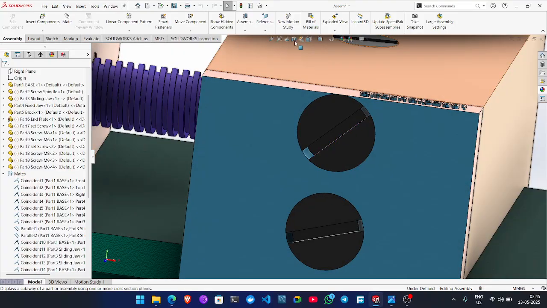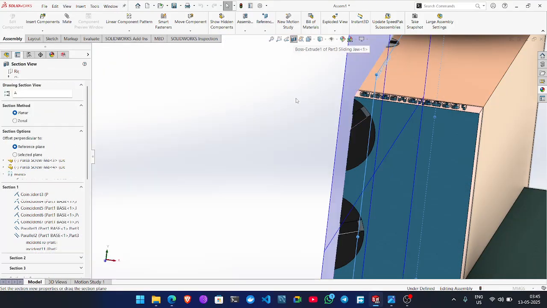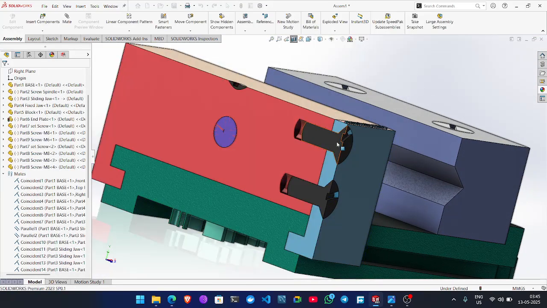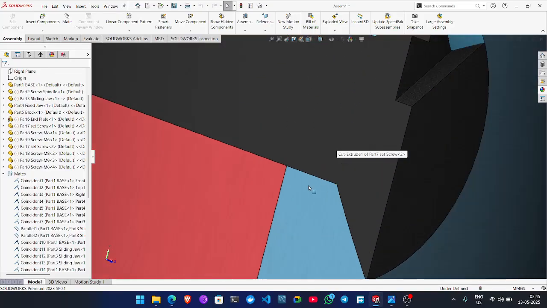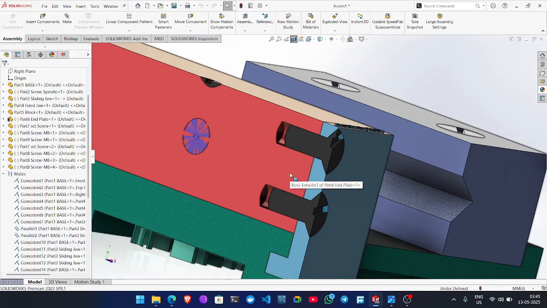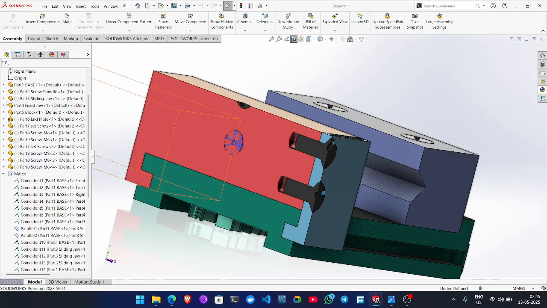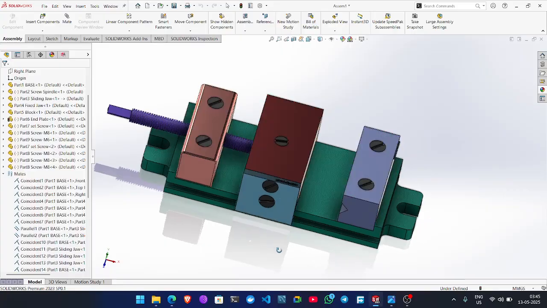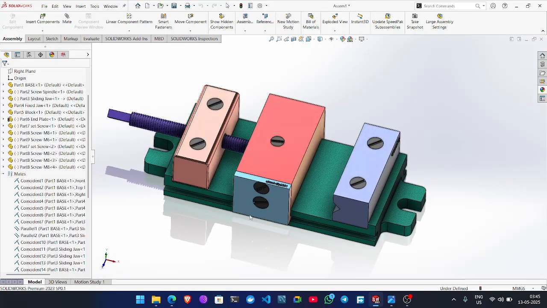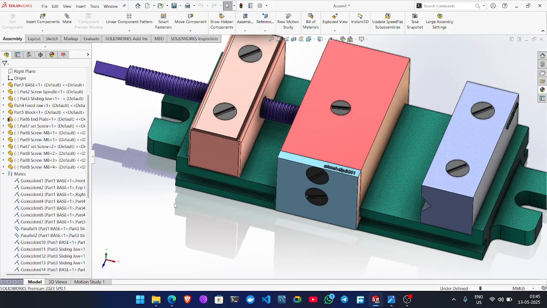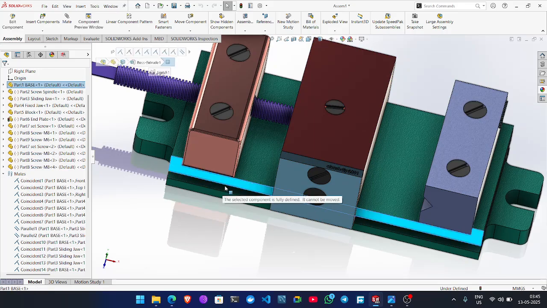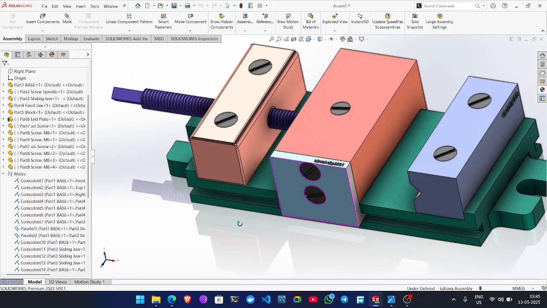Okay, and if I see the sectional cut also, to show you exactly how it works, you can see there was no dimensional error this time. So this is the little process. Okay, after creating an assembly, if anything happens, an error, anything goes wrong like this, you can edit in the assembly. Okay, so this is the thing.